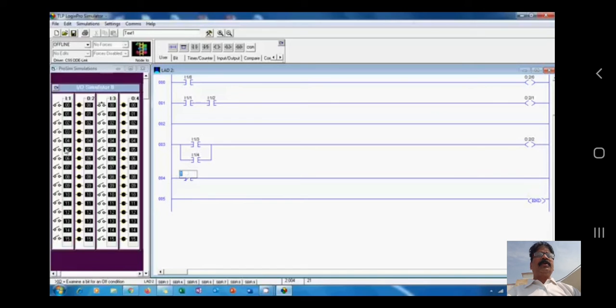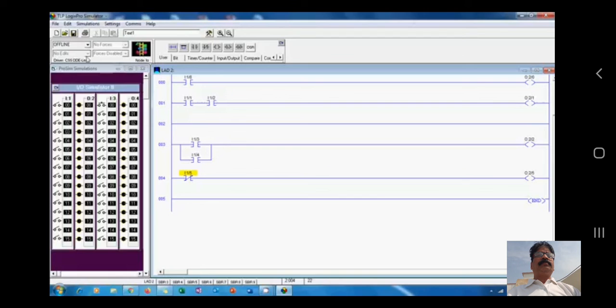Addresses can again be dragged. Give the address to the output also.